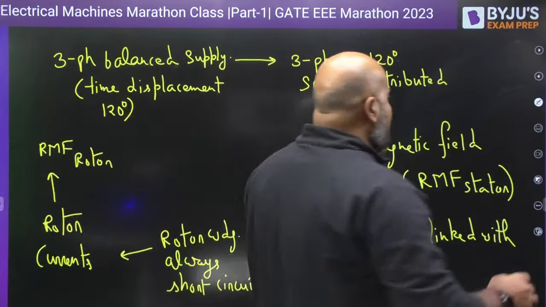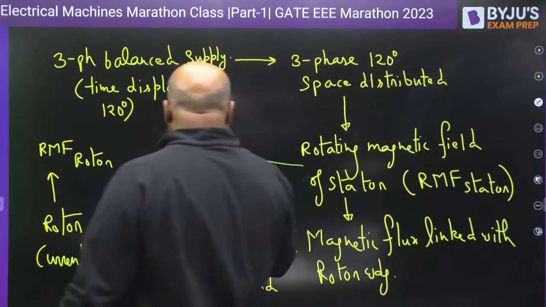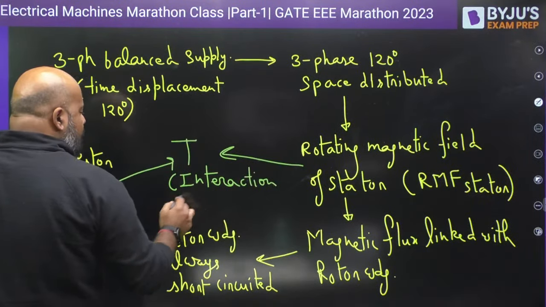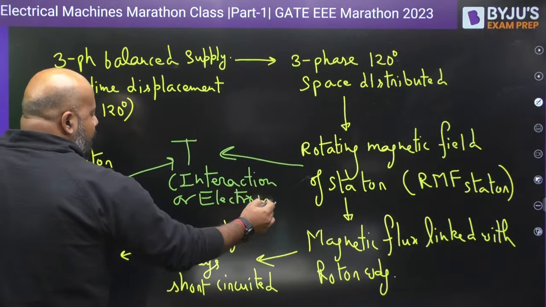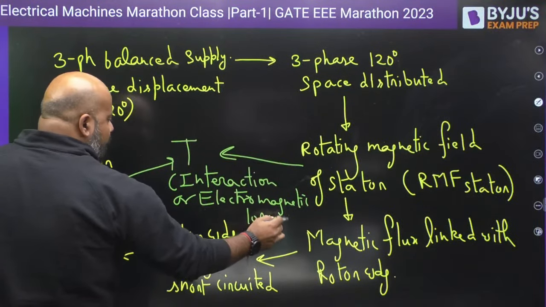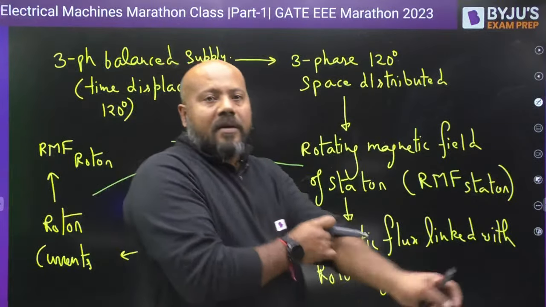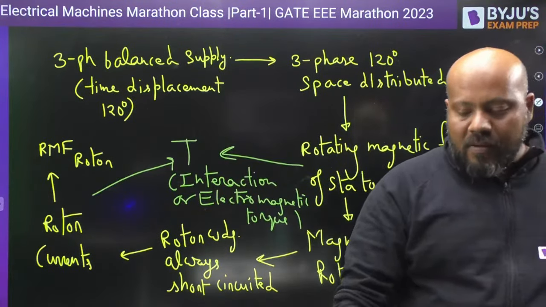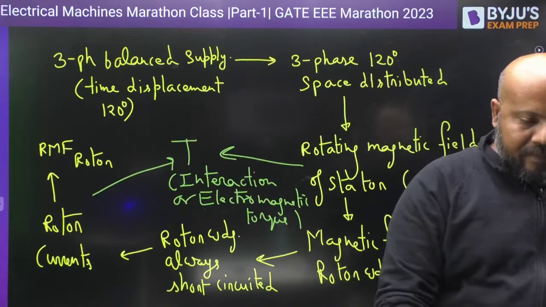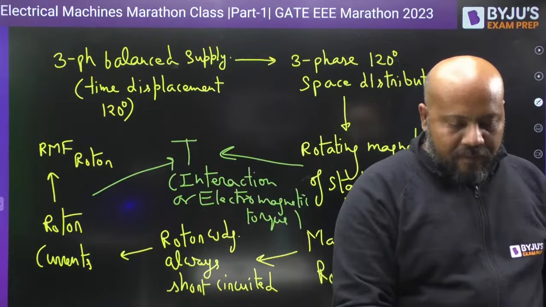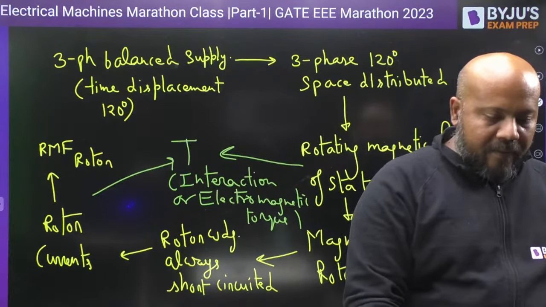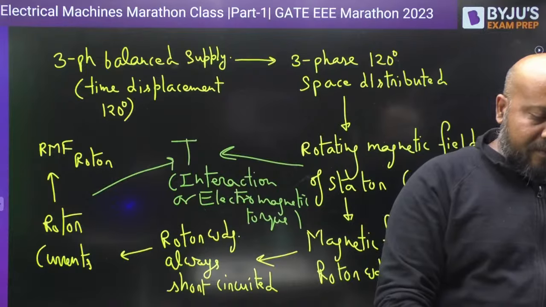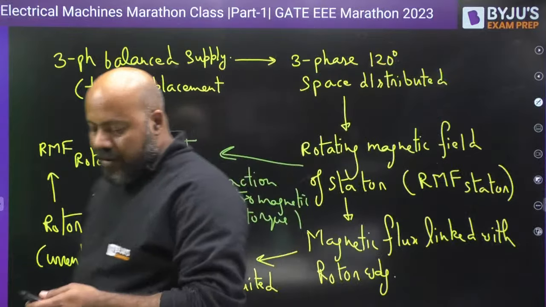The moment you have two rotating magnetic fields, these fields are going to interact and you will get the torque. This is called interaction torque or electromagnetic torque. And this is how your induction motor actually starts. Is it clear, everybody? Okay. Now,